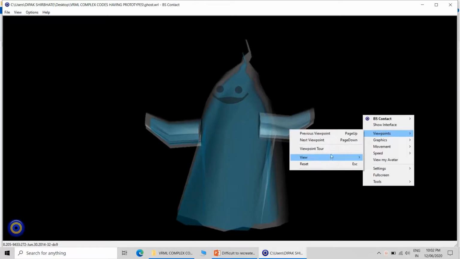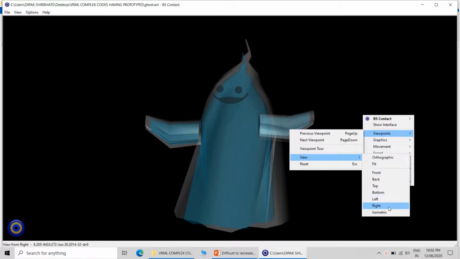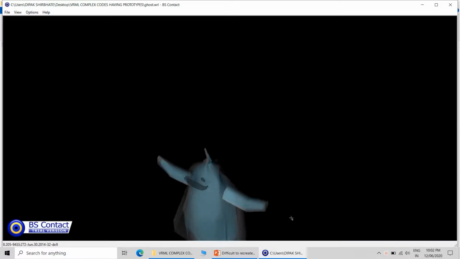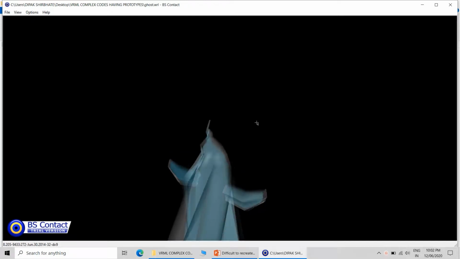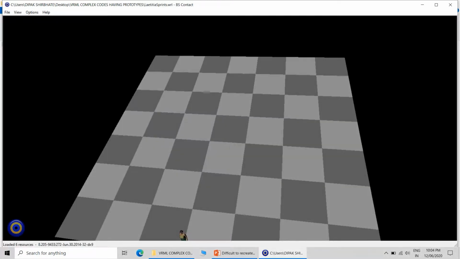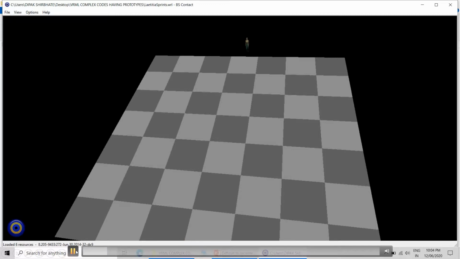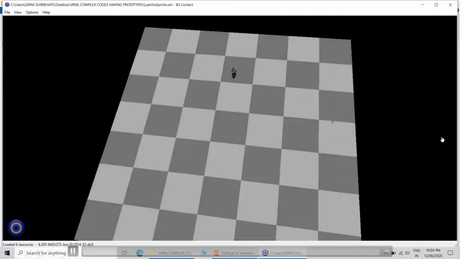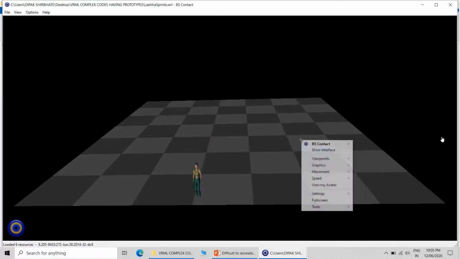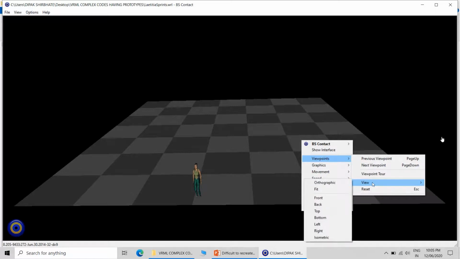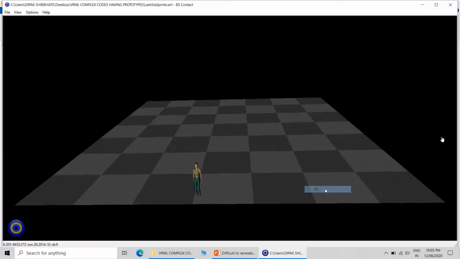Then this is a ghost actually. I found that this code is also very difficult to recreate using the Vivity Studio. Then this is a chessboard actually, and I found that this code was also very difficult to recreate.